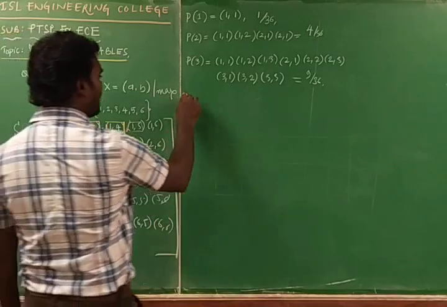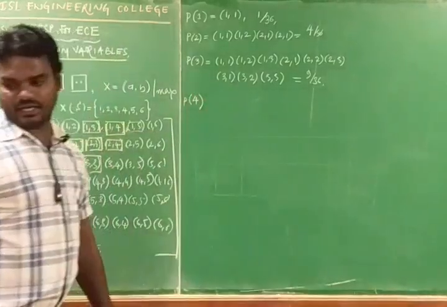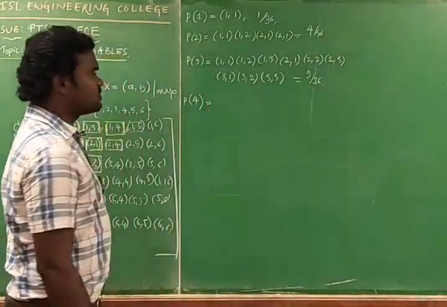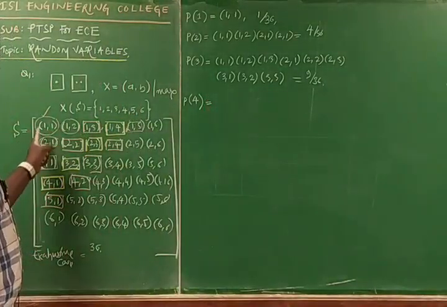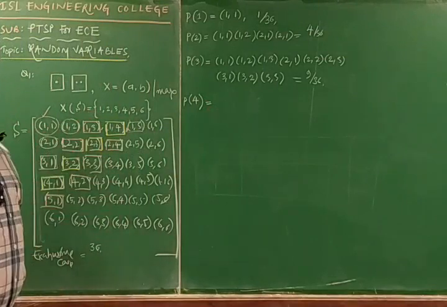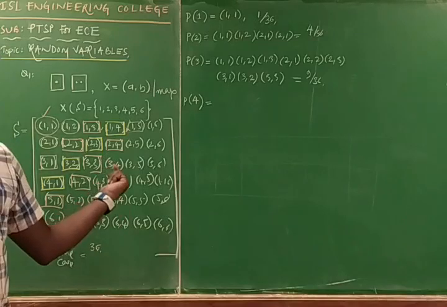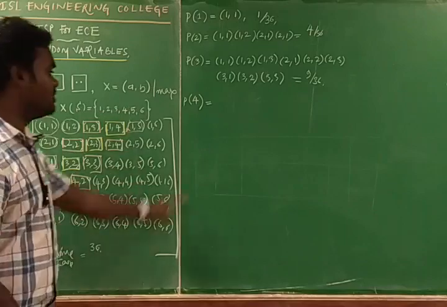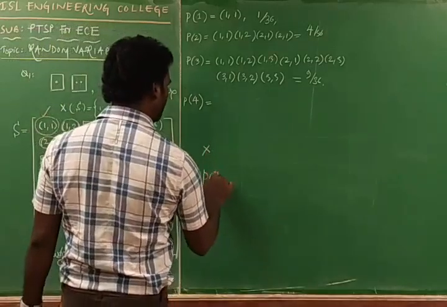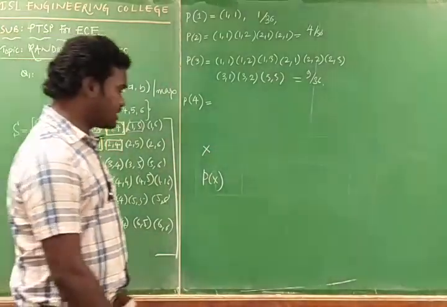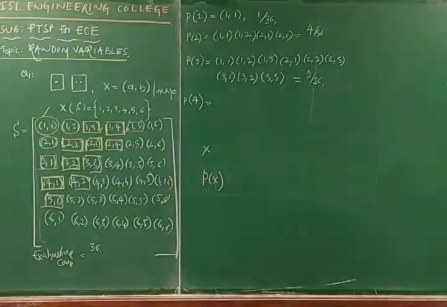And next one, probability of getting the 4. That means what? Probability of getting 4 means what? Now you can go with all the intervals. Each number requires to be less than or equal to 4, such that you can get the values, and how many values you can get, like that you have to write the probability distribution function, which is nothing but x to p of x. X is what? It is a random variable. Then p of x is nothing but the probability distribution, so that from that you can easily calculate the given probability distribution.